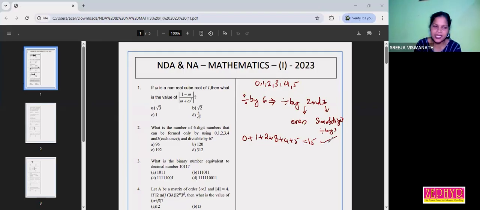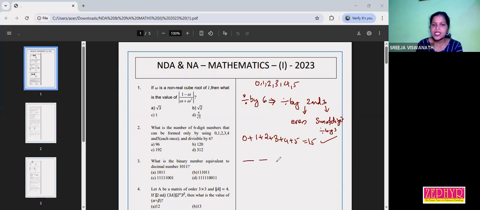Now we have to find a 6-digit number which is even and divisible by 6. So we can arrange these numbers in any way. Okay. However we arrange them, it will be divisible by 3. To make it divisible by 2,